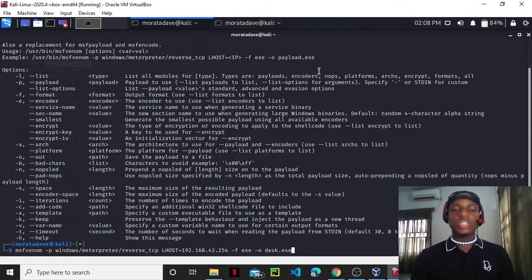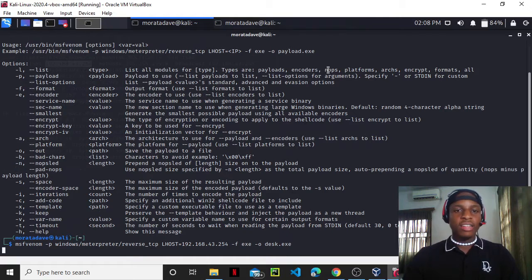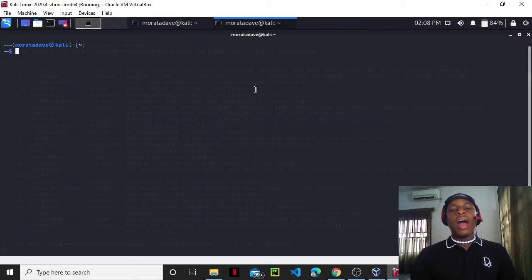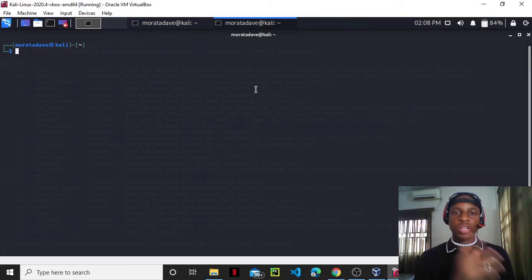So I'm going to hit enter to generate the payload, and while waiting for it to generate, I'll head over to another terminal, clear the screen first of all, and now what we want to set up is a listener. A listener will listen for incoming connections. Now let me explain how it's going to work again. Once we send the payload to our victim, he installs it, we will have a reverse connection, and the listener will be listening for the connection. So I'll set up a listener with the msfconsole. I will first of all launch the msfconsole,